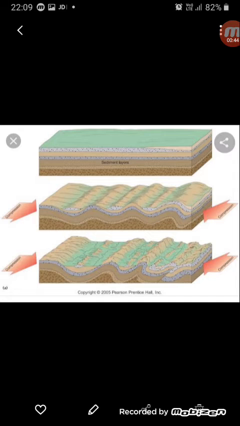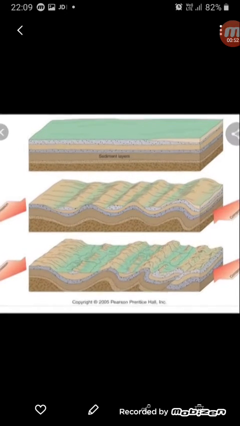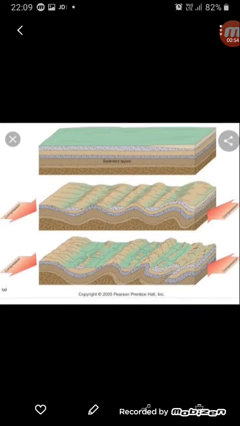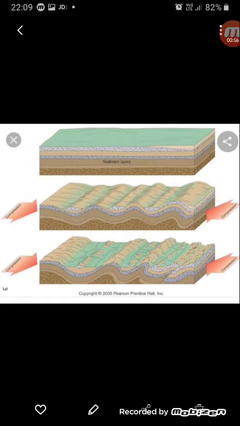So the earth is like this, but in the second diagram you can see that two forces are acting from the two sides, which are called the compressional forces. Now, the compressional force is acting upon the earth's surface from both sides, and that is how the land is getting compressed from in between. You can find the layers of the earth are slowly warping up, or folds are being formed.